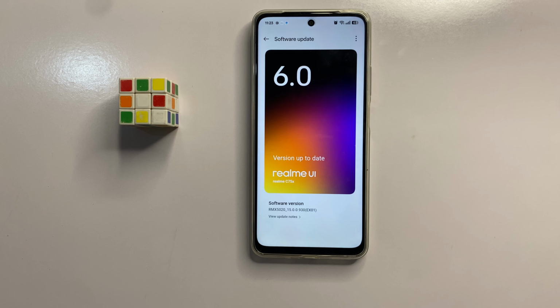open settings. In settings, scroll down and click on system and update. Now scroll down and here you can see the option schedule power on or off. Now click on it. If you turn on these buttons, then turn it off. After turning off these buttons, go back and click on